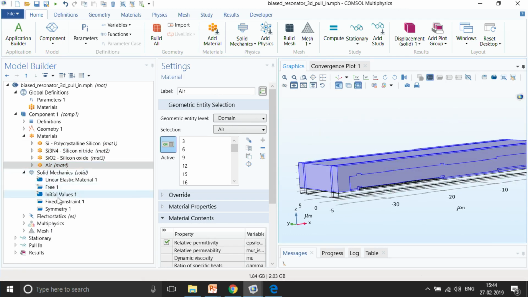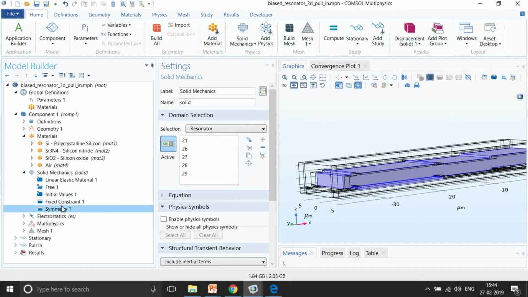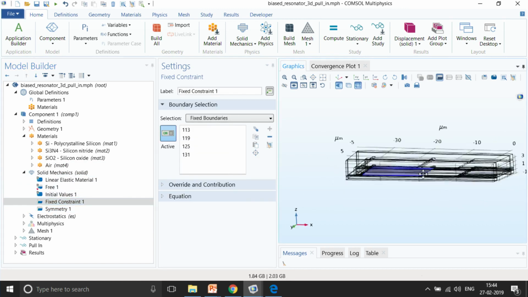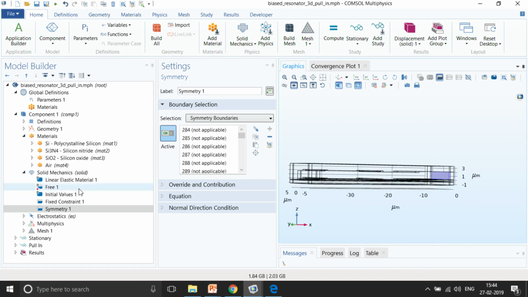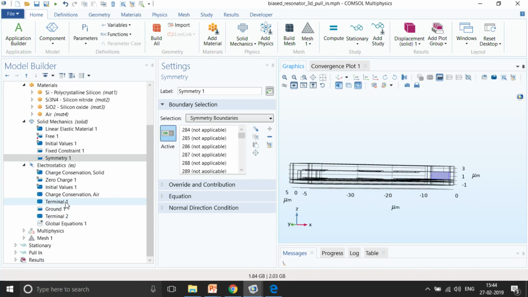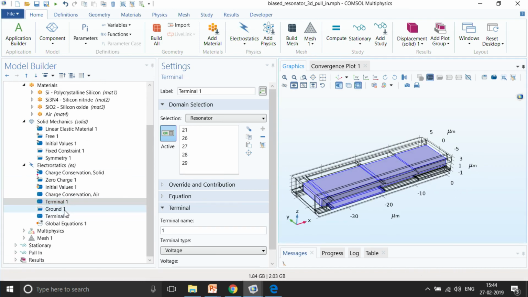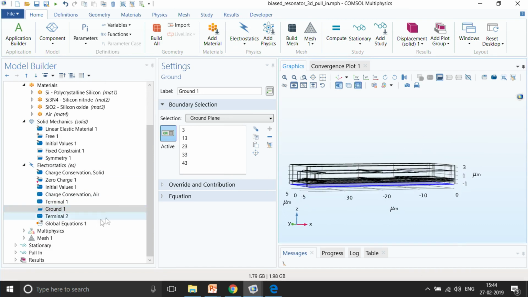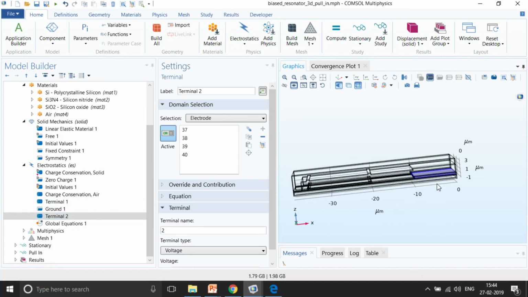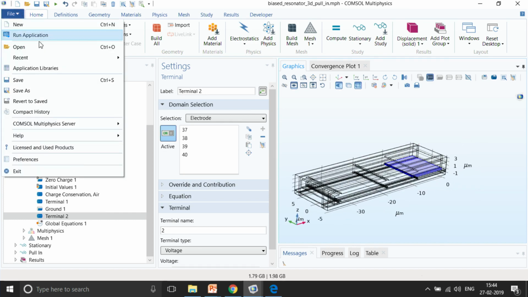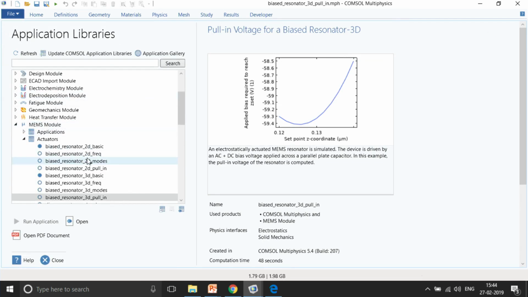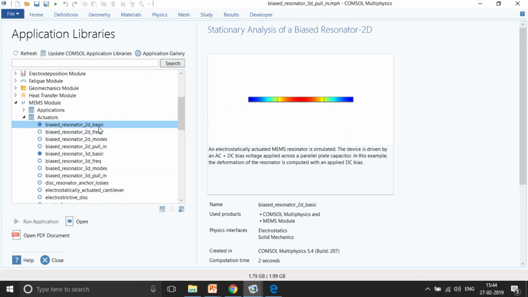In solid mechanics, we give a fixed constraint in the bottom part and symmetry on this part, and then in electrostatics we give a particular voltage, ground on the bottom, and a terminal on this particular boundary. So this is a little bit more complex. To start with, I will suggest you go to the first example of 2D resonators.